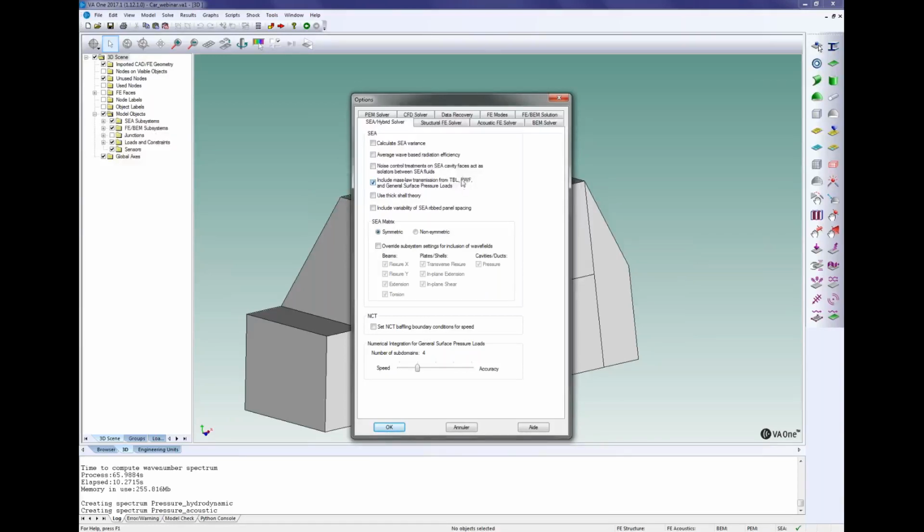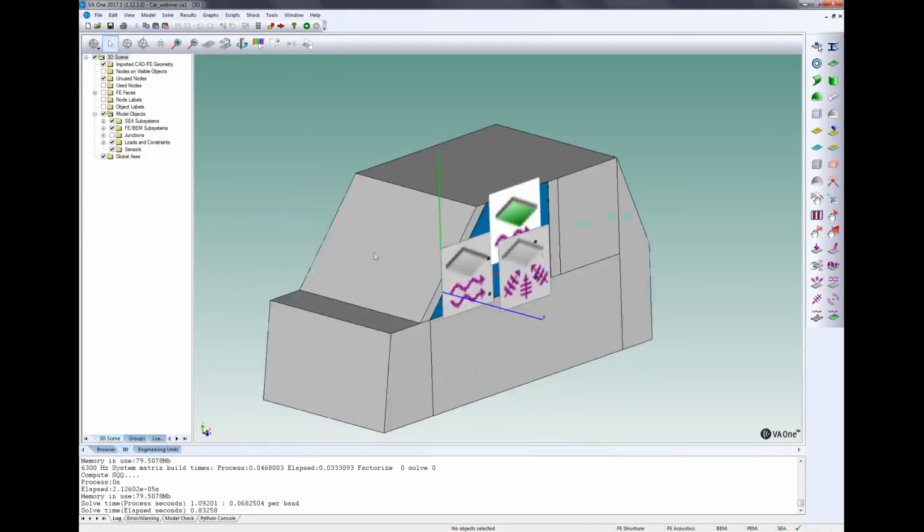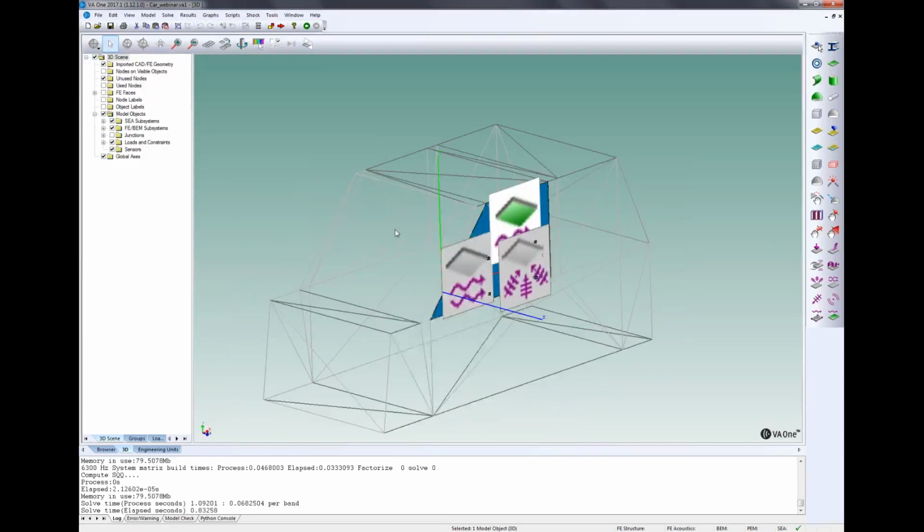We use it for turbulent boundary layer, propagative wave field, and general surface pressure. That will help afterwards to diagnose the pressure field inside the cavity. I will run the computation, which is a quite simple model here, so the computation is quick.